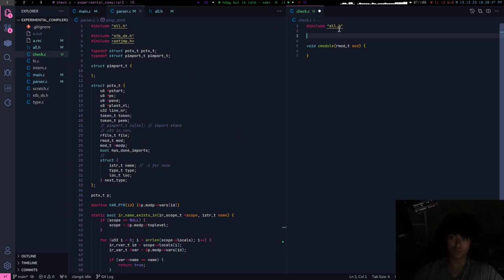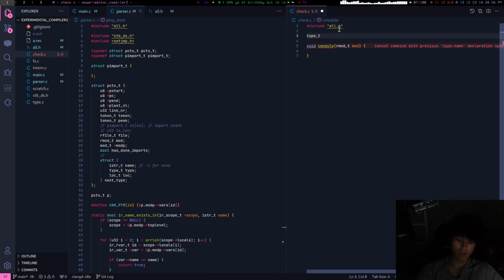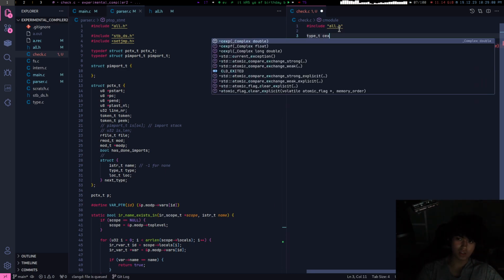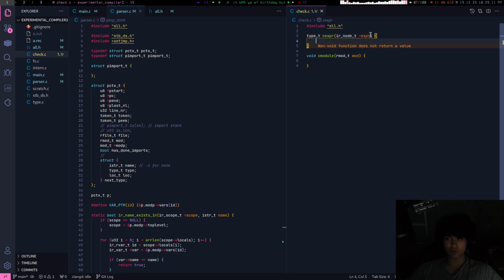How these things usually work is it takes an IR. I mean, how does it work in V? It returns a type T, and things like C expr, and it'll be like IR node expr. This is how it works. So I think it takes an IR node expression, assigns a type to something and then returns the type.